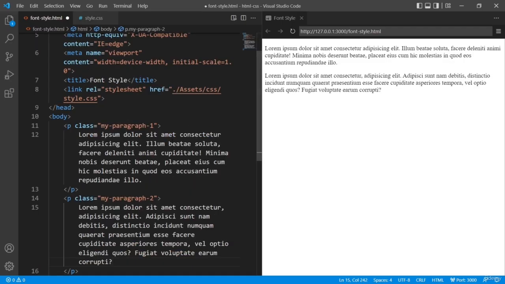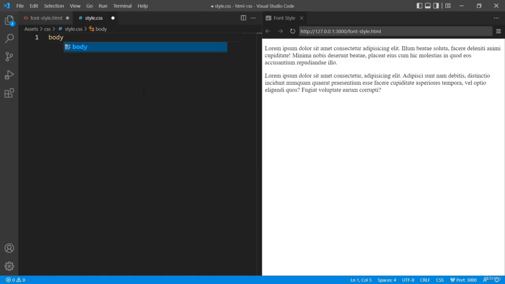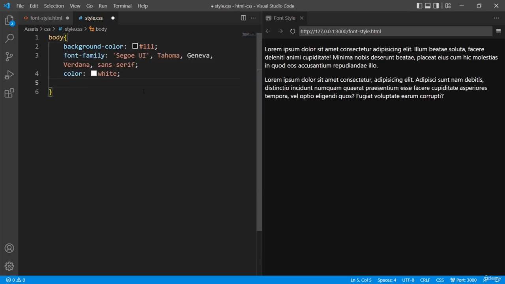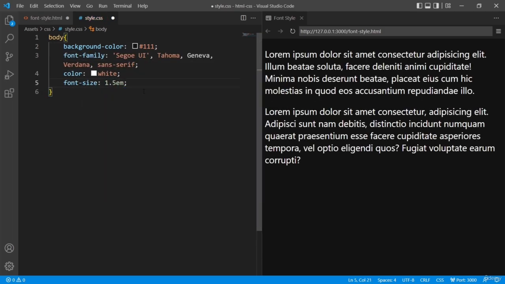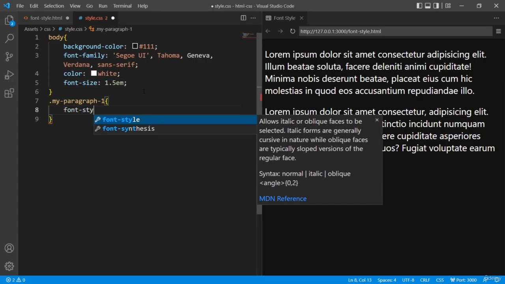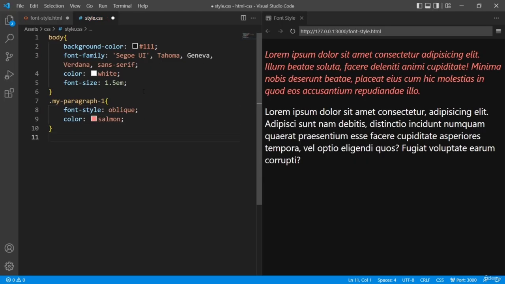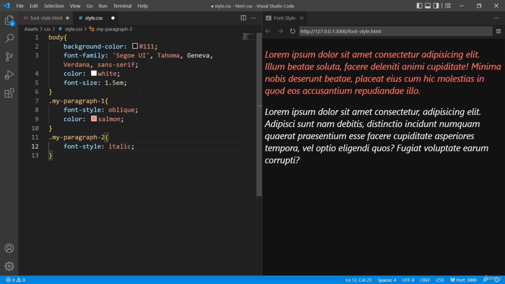Alright, now for the styling, I'll start with body. I'll give background color, font family, color and font size. I want to give font style as oblique to paragraph 1, so I will select the paragraph using the class selector. I'll say dot my paragraph 1 and setting the font style to oblique and also giving the color property. Similarly, for selecting the second paragraph, I'll use the class selector and will set font style to italic and color